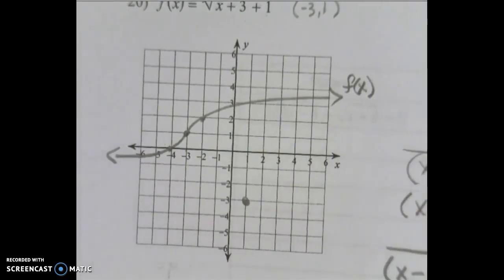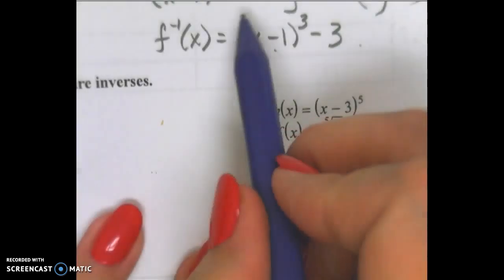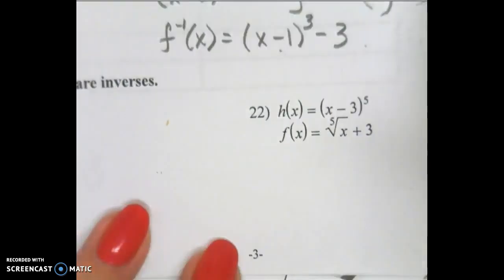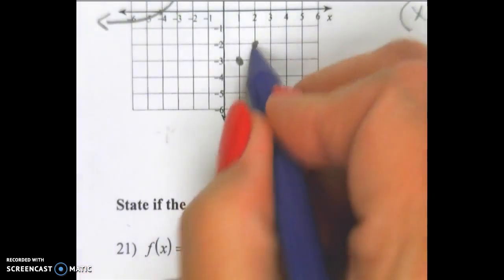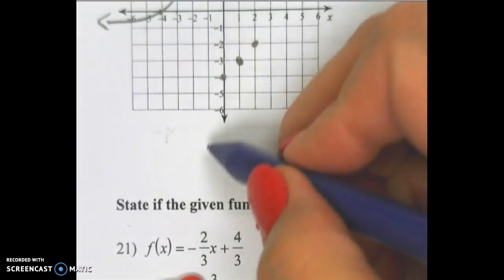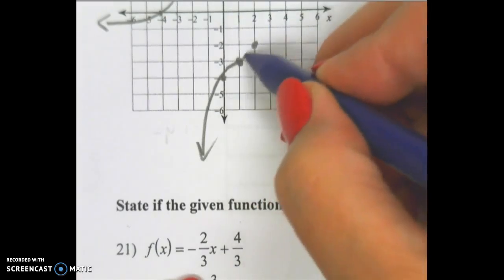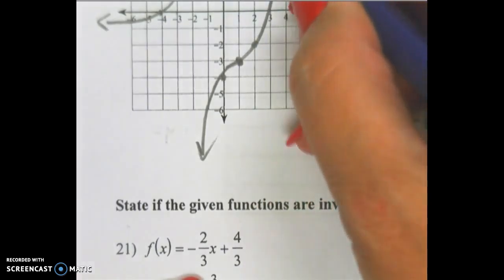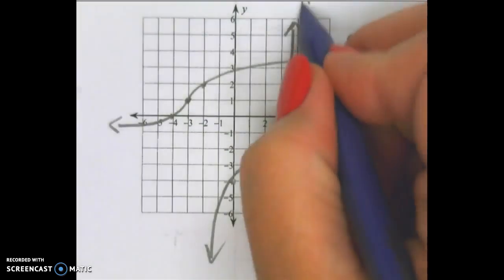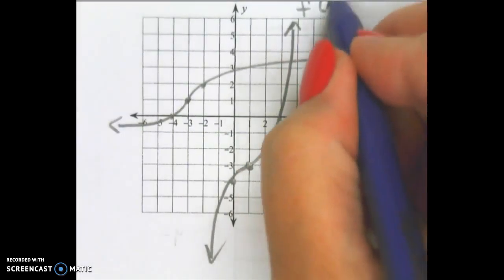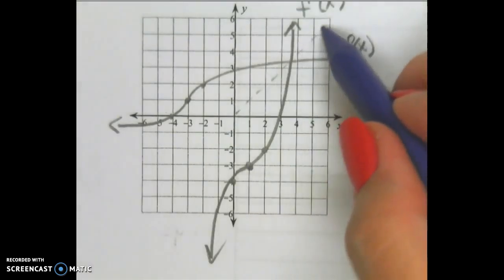Now, my function, there's a 1 right here, so I'm still going up 1 and over 1, and down 1 and back 1. And my graph is going to go this way. I missed showing it to you, sorry. And that's my inverse function. If I look real carefully, if I put this little dotted line in here,